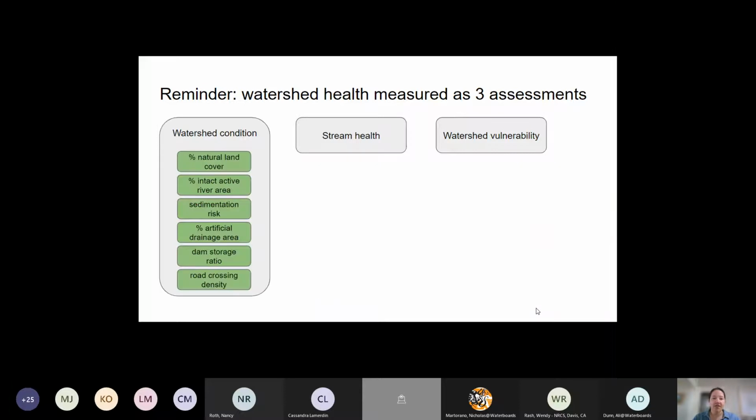Next slide. So each assessment is comprised of different indicators. And for now, we decided to stick with the 6 indicators here in green for watershed condition that also comprised the same assessment in 2013. And today I'm going to show you some very preliminary maps and updates of these 6 indicators that I've been working on. On the next slide,